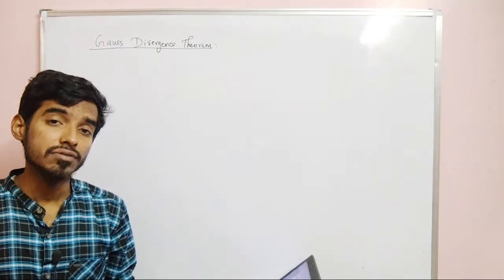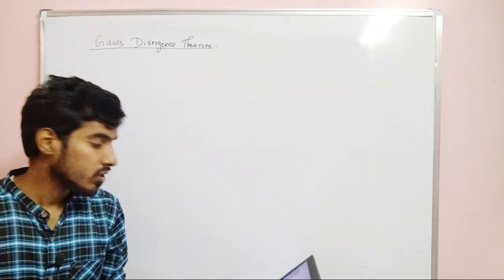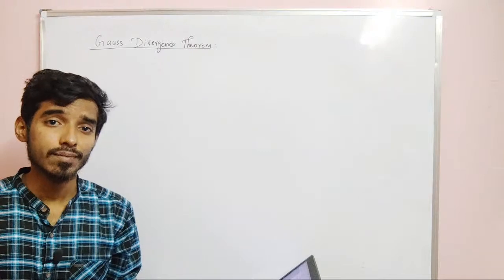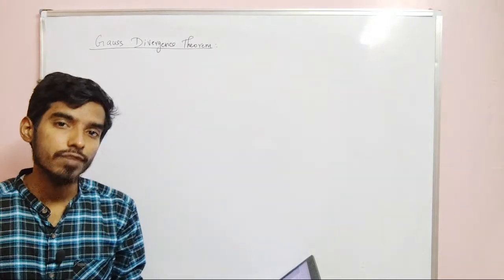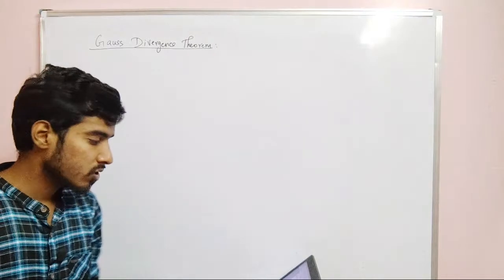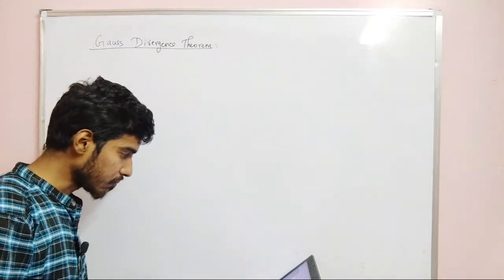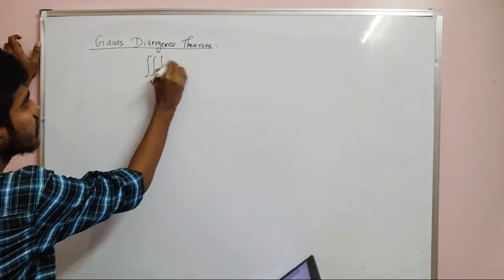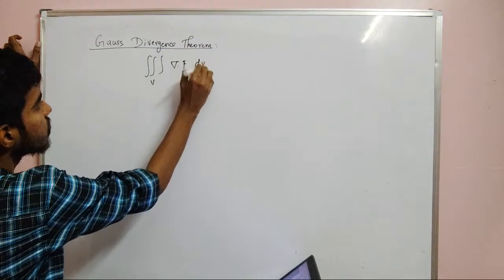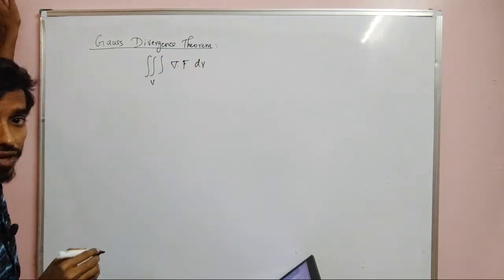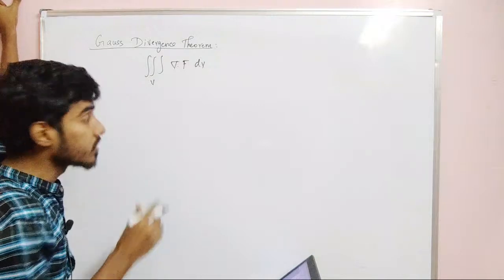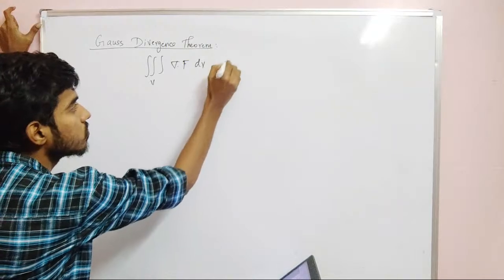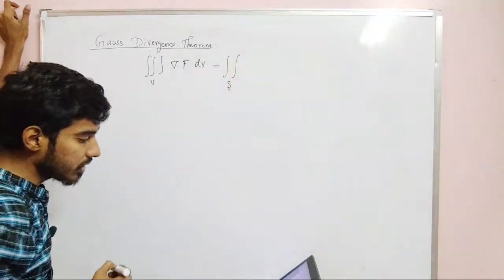Yes. And we have seen surface integral and volume integral separately. Now we are going to see Gauss divergence theorem. So Gauss divergence theorem establishes a relationship between the surface integral and the volume integral, right? So what this theorem says is that the triple integral over V del dot F dV. So if F is any function, then triple integral over V del dot F dV is the same as double integral over S